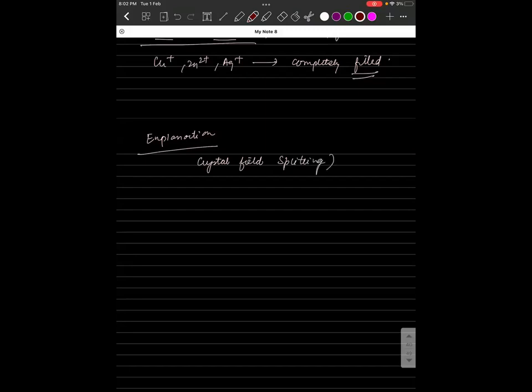It is like when a ligand approaches a transition metal cation. For example, I'm taking a coordination compound where the central metal is titanium and these 6 H2O are ligands. So when a ligand is approaching the central metal cation,